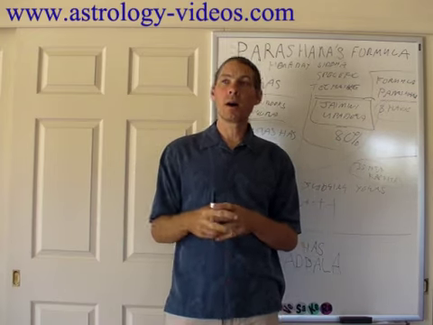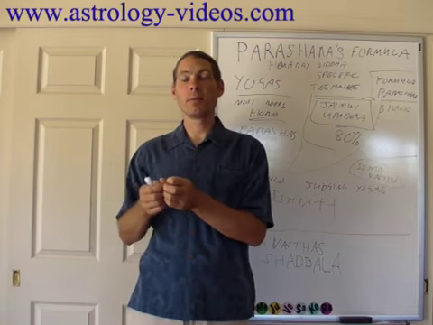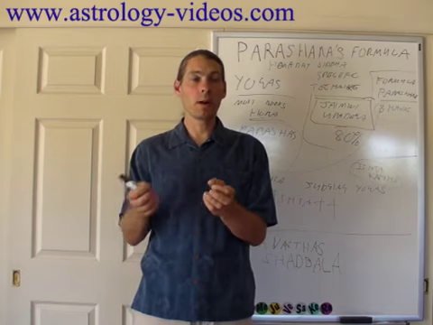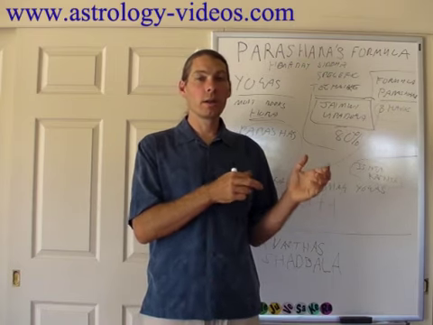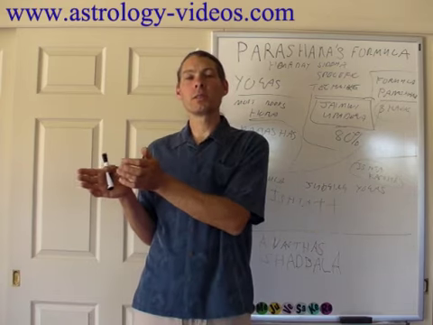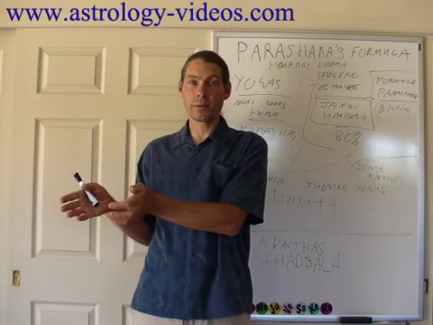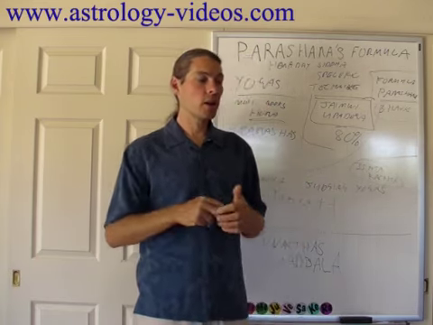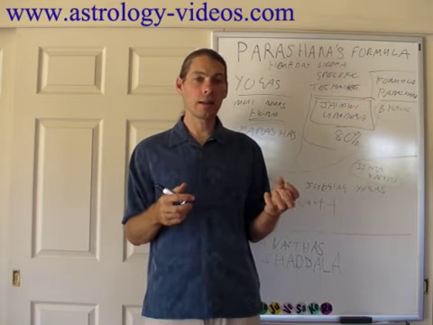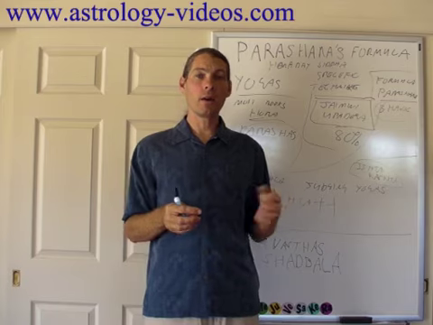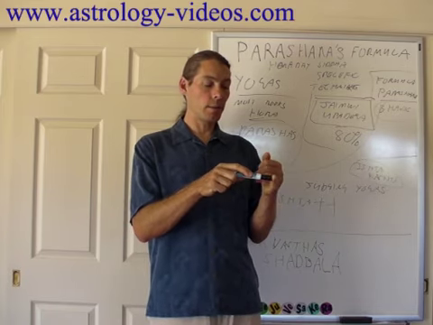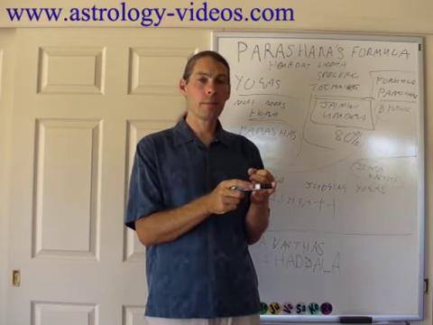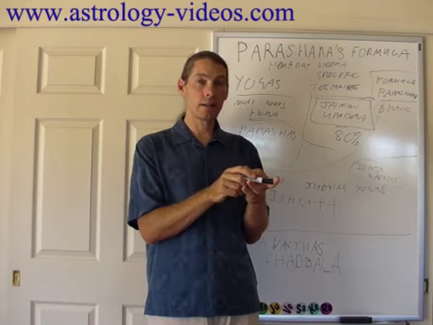Because to say Mars in Aries is like this, and then say Mars and Saturn is like this, isn't always going to be true. It can be totally different. One Mars and Saturn in Aries person will be completely different than another person who's got Saturn and Mars in Aries, for instance. Because the planets are in a completely different condition. So Parashara gives us the formula for knowing exactly what a planet's doing in any sign in a holistic way, which means also based on the planets it's joined, also based on the planets it's aspected by, also based on its degree in that sign, which is important.